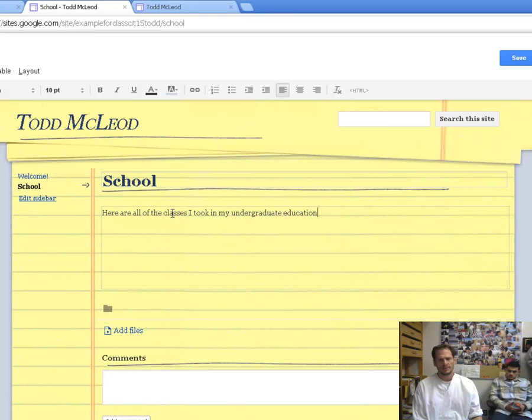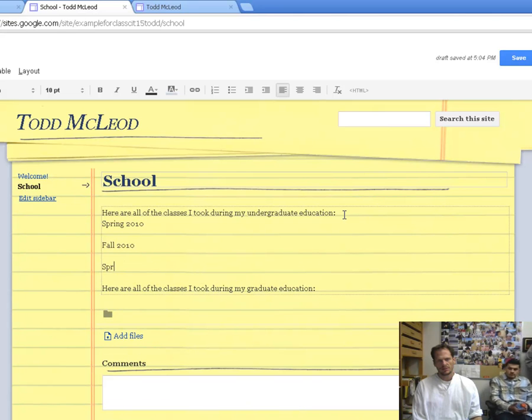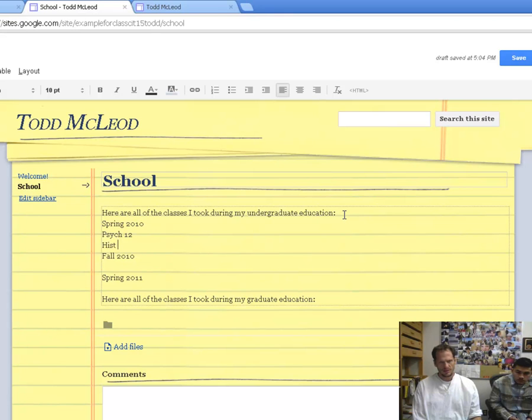education. And you could also copy that and then say, here are all the classes I took during my graduate education. And then you could have like spring 2010, fall 2010, spring 2011, right? You could have those on down, and then under each of them you could have Psych 12, History 4,